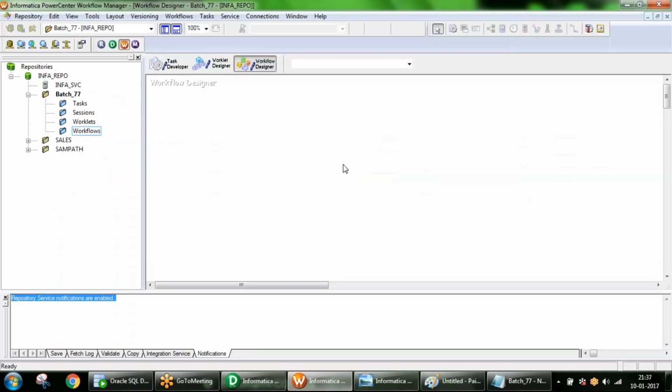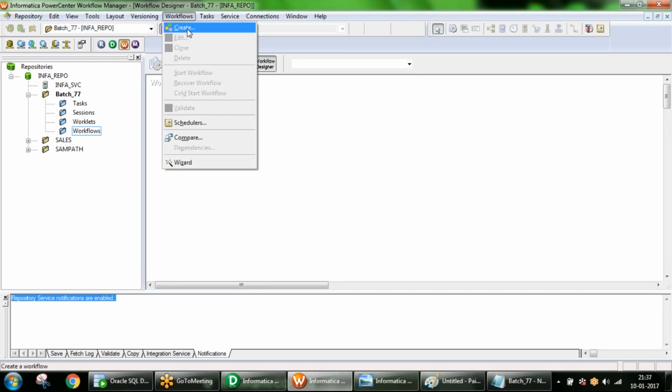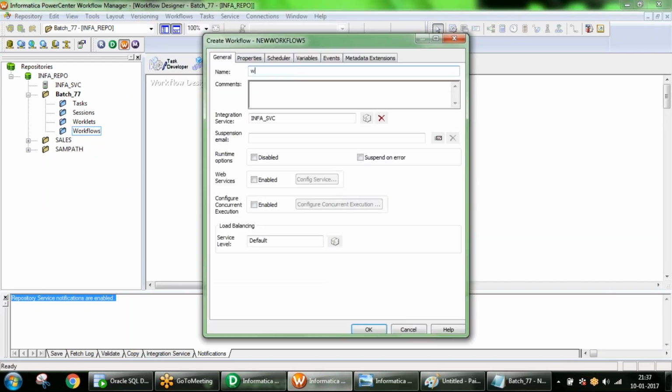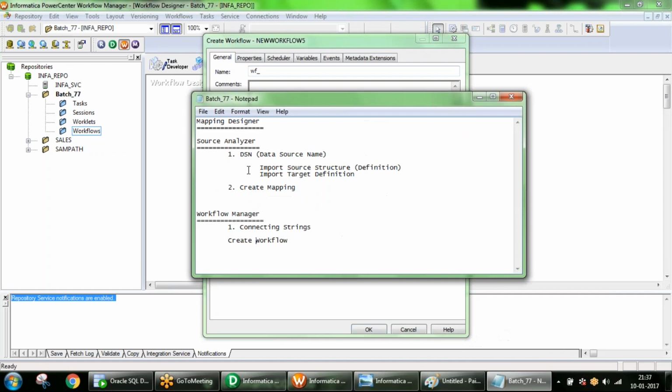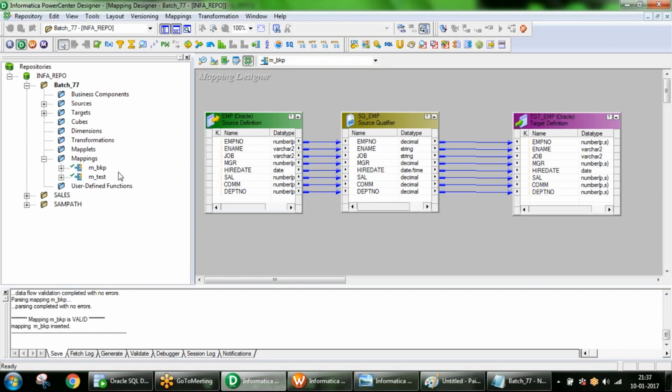Now go to workflow manager. Here I am going to create a workflow. The naming standard in real time will be WF underscore, then whatever the business name is, sales or finance or marketing, order details. Here, my intention is to load data from a source to target, right?